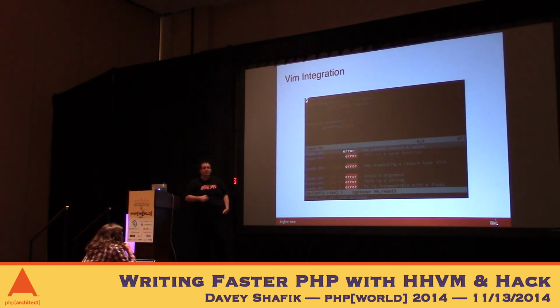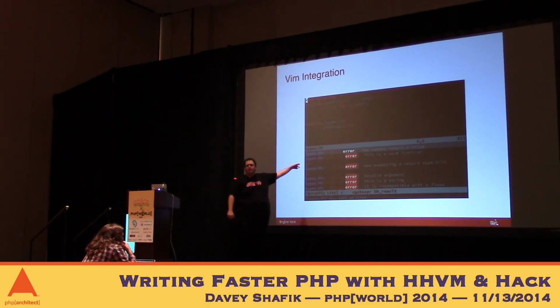This is what the Vim integration looks like. Again, it's dark on. Doesn't work. But basically, when you hit that :w, it pops up the second pane, and the exact same errors come in. If you do have set mouse=a, which is the only way I know how to do it, we have mouse support. You can actually double-click on these and go straight to that line in that file. Bear in mind, this is for the entire code base, not the file that you are in.